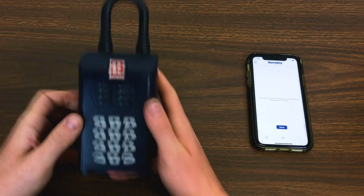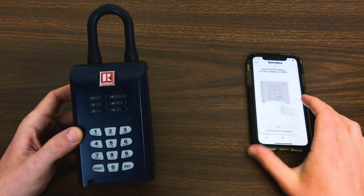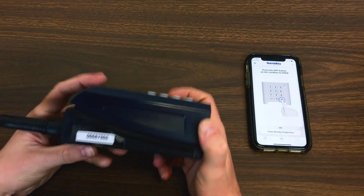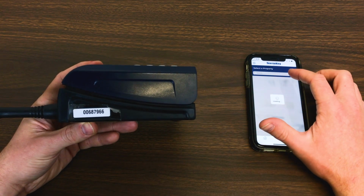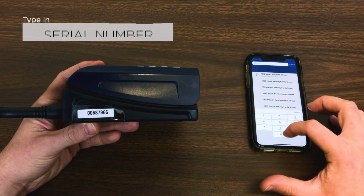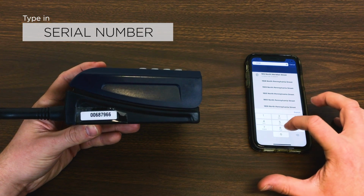Next up will be the blue NXT lockbox. Now this is going to be the exact same process we used for the silver Gen 1 because it does not have Bluetooth capabilities, so we'll need to open this lockbox using the serial number on the side. Put in the serial number,